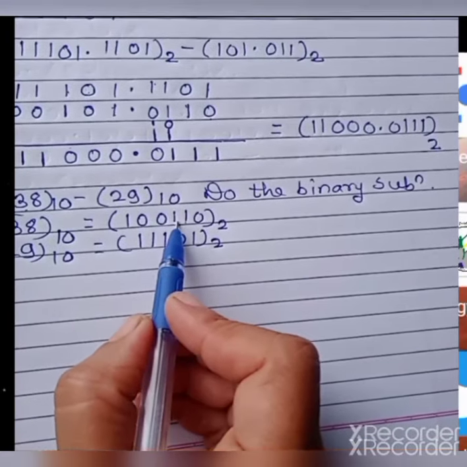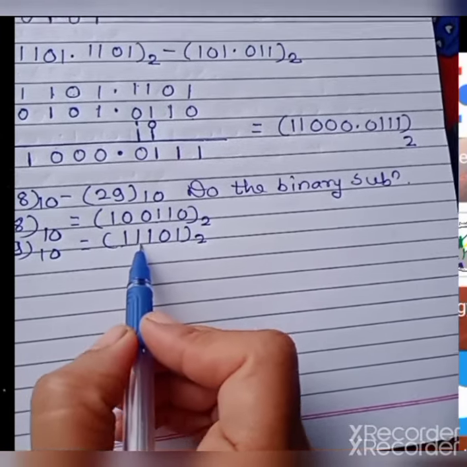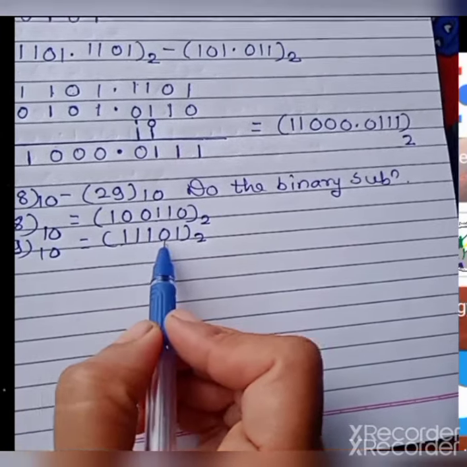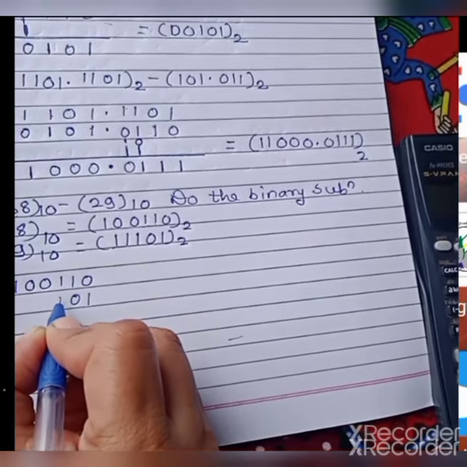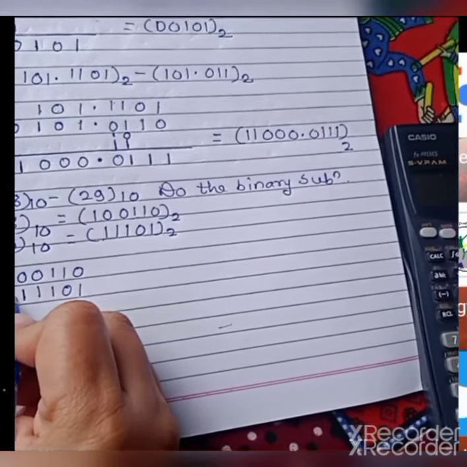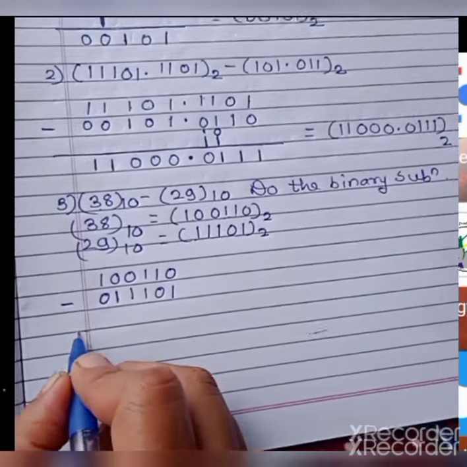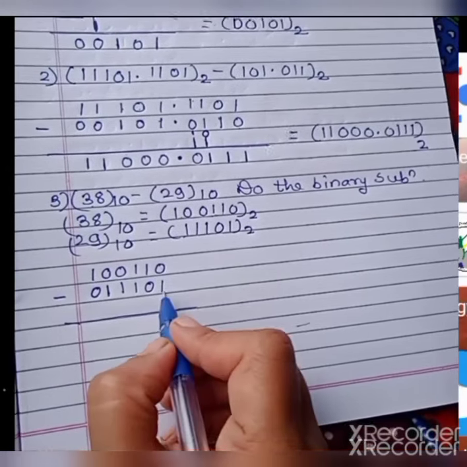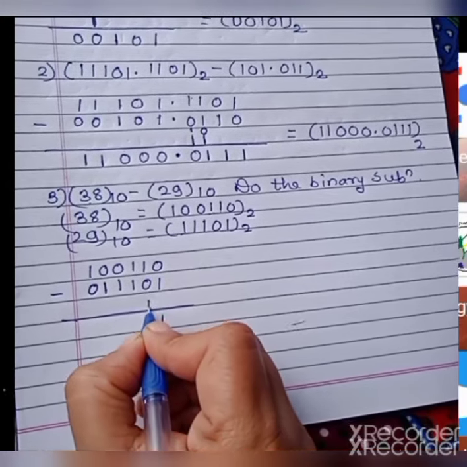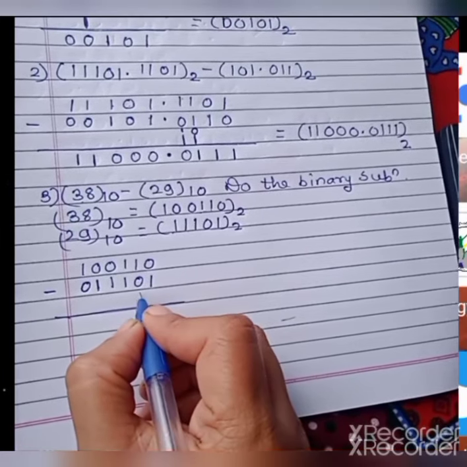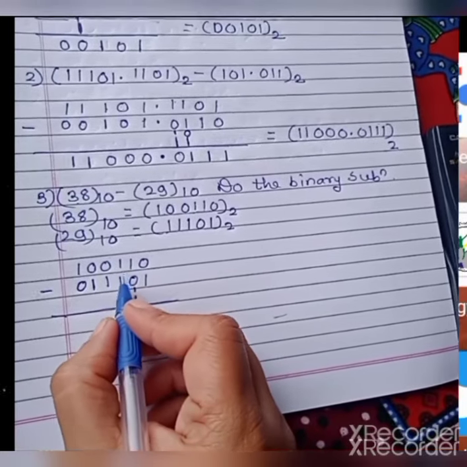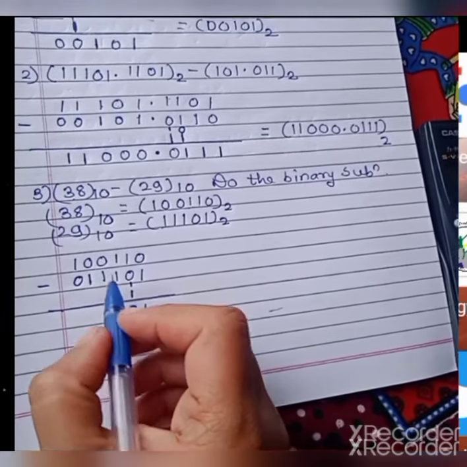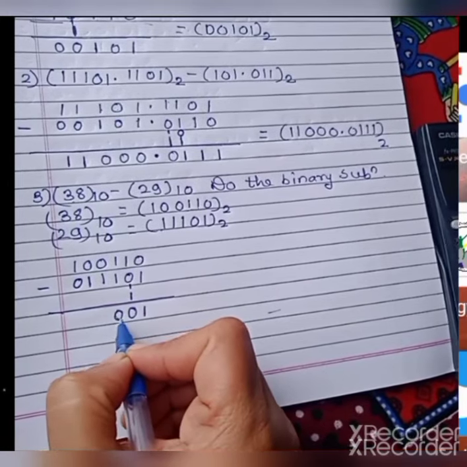So this is the finding of numbers with the help of calci. Now check the bits. Here 6 bits are there. Here 5 bits are there. So first do the bit equalization by padding zeros. Minus 1 0 1 1 1. So here you have to add 0. 0 minus 1, difference is 1, borrow is 1. 1 minus 0, difference is 1, borrow is 0. 1 minus 1, difference is 0, borrow is 0. 1 minus 1, difference is 0, sorry, borrow is also 0.